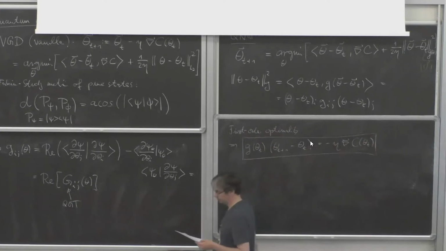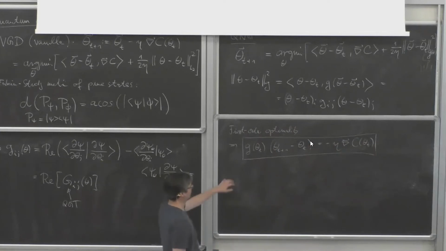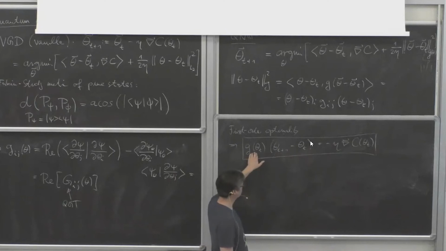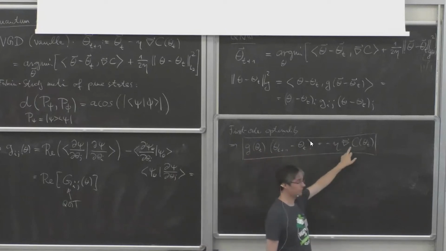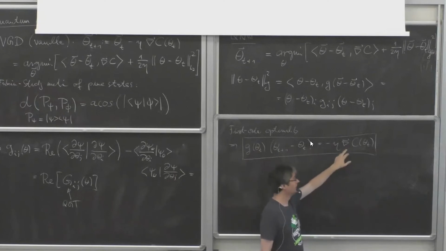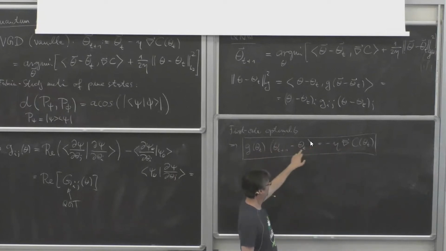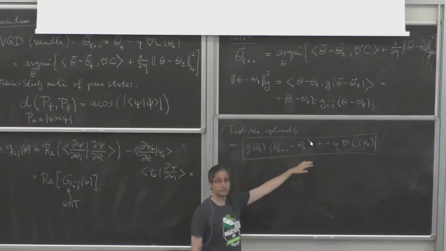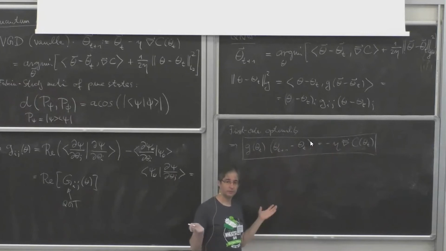And actually, let's take a brief moment to look at that. This form of the equation means you have to compute the metric, which you would do on the quantum computer, and compute the gradient, which you would do on the quantum computer. Then you have a theta of t, which is your current parameters, and then you obtain a theta of t plus 1 by solving this linear equation, like using Python, using your classical computer, right?